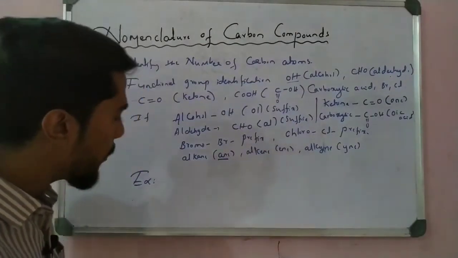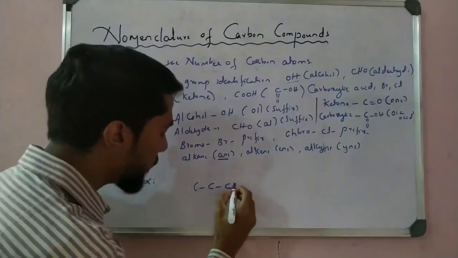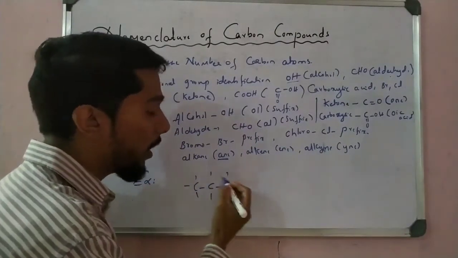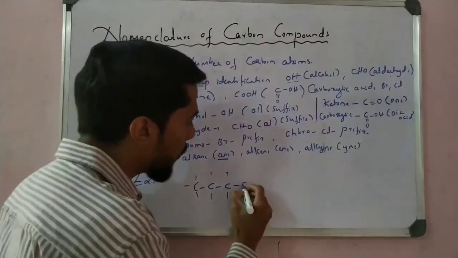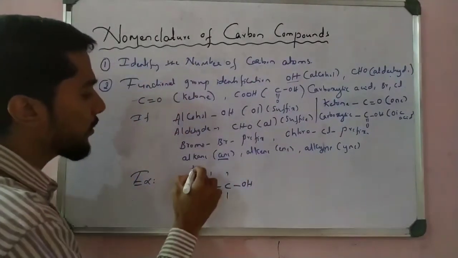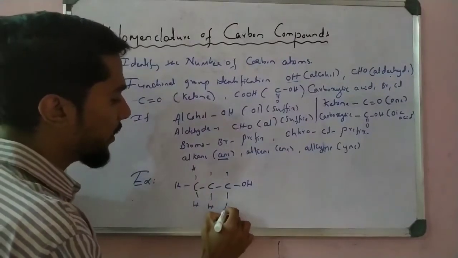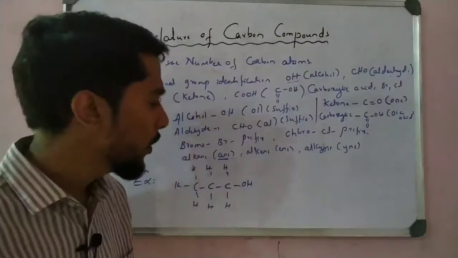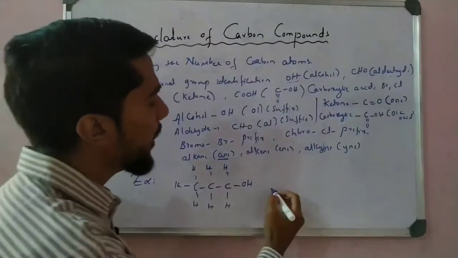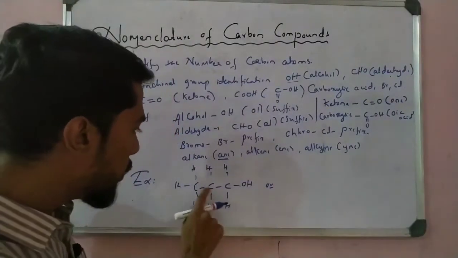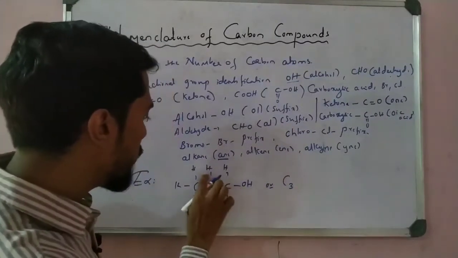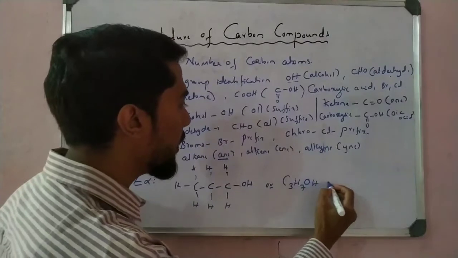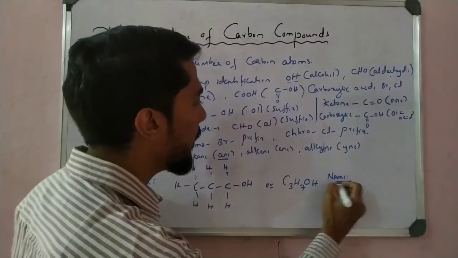Now I take another compound, C, and here all are hydrogen, and here one is OH. I cannot write it here because H is there, so I can roughly write H. All are H, one H is removed, and in its place OH is there. Now let us see the name. This is also written in the form of carbon 1, 2, 3, 3 carbons, then OH. Now name this one.